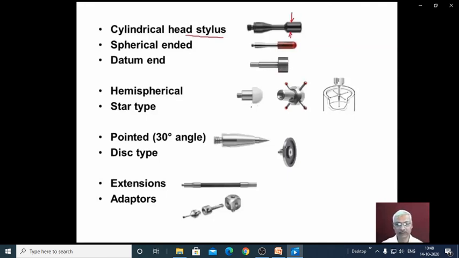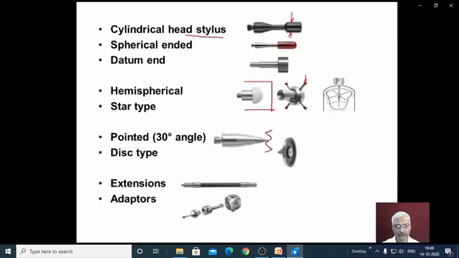Hemispherical tips are also available for measurement of holes of larger diameter, and then we have the star type wherein different tips can be mounted on this probe head. Then we have pointed tips for measurement of